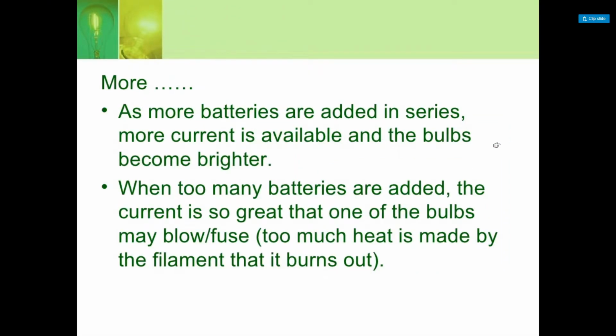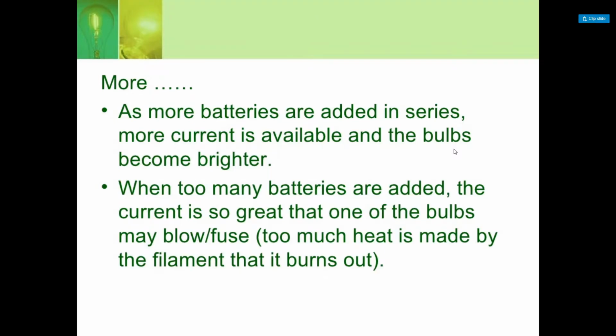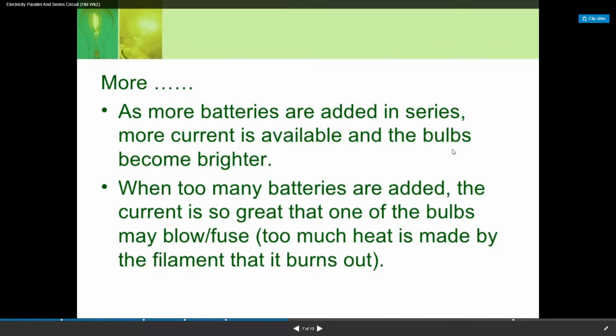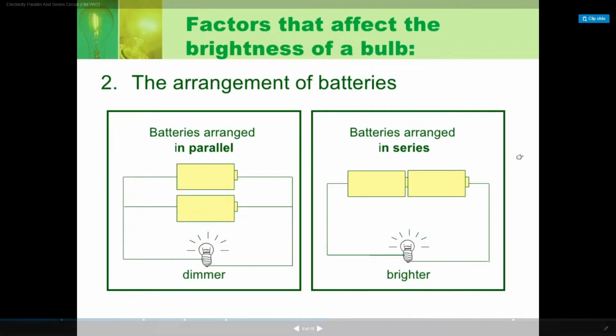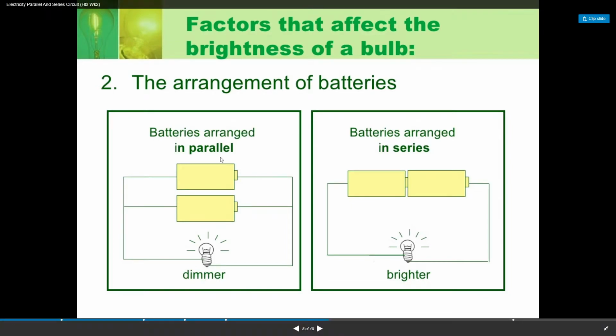As more batteries are added in series, more current is available and the bulbs become brighter. When too many batteries are added, the current is so great that one of the bulbs may blow their fuse. Too much heat is made by the filament. So there's different arrangements of batteries that you can use. Batteries arranged in a parallel, so I would have these two batteries here that have their own path for electrical current,